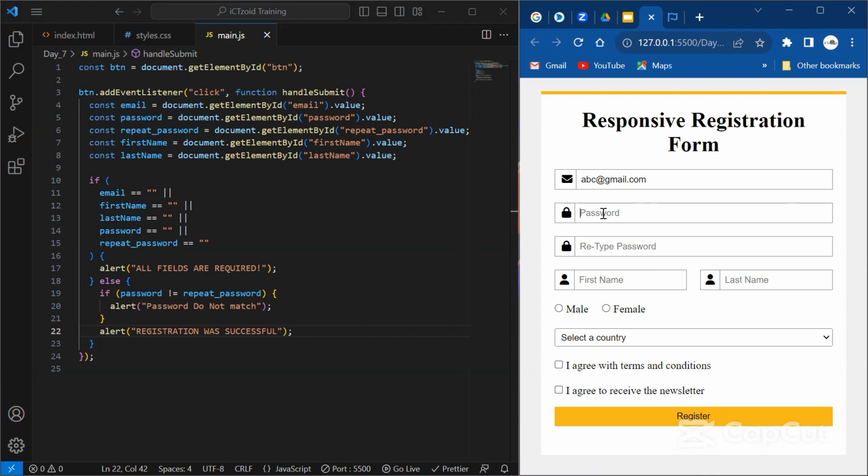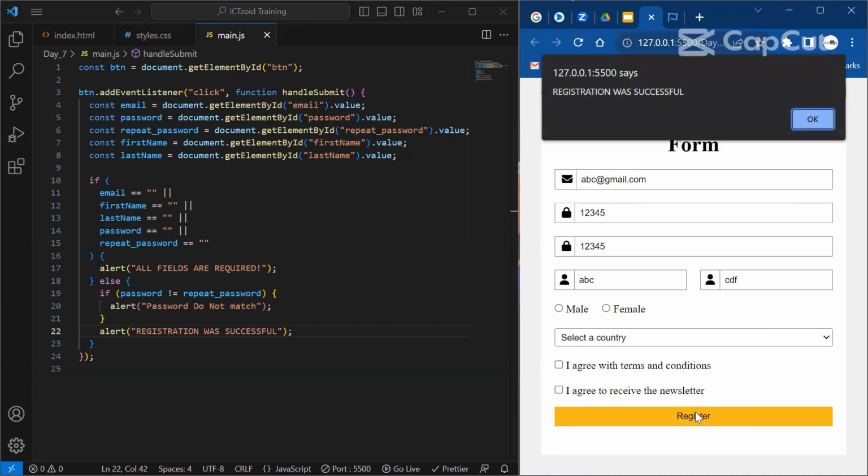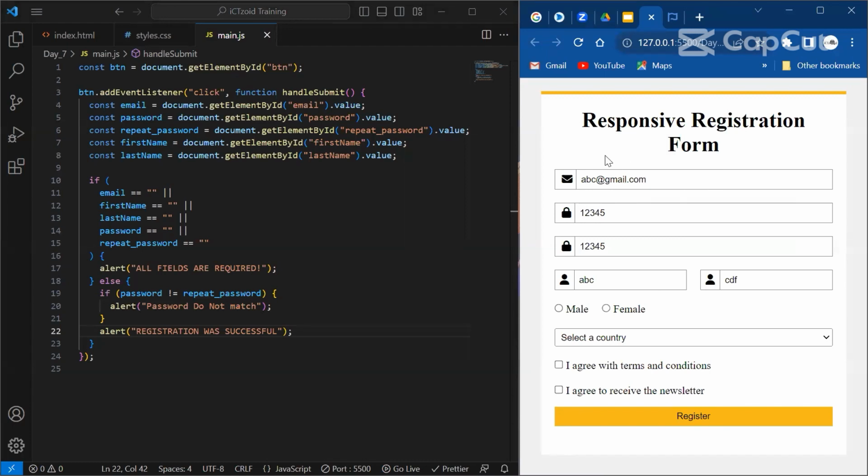abc@gmail.com. Password 12345. Confirm it 12345. Name ABC. Last name CDF. Submit. Registration was successful because the password matched and all the fields were submitted. So instead of doing this prompt, we can even have